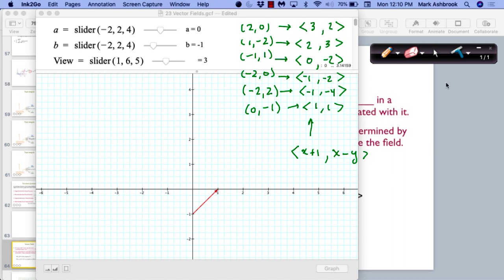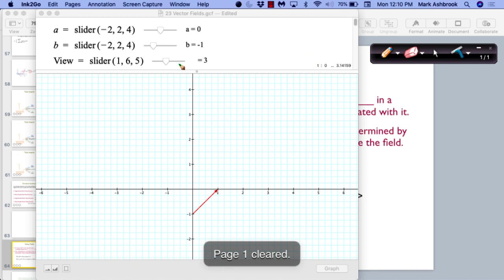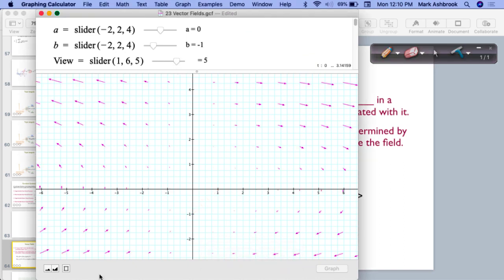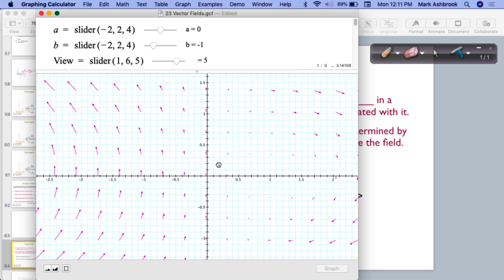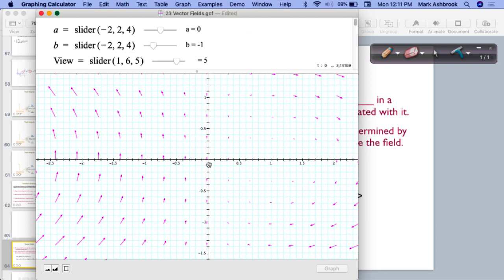Good. All right, so let's take a look at that one. What does that vector field look like as a whole? Kind of looks like that. Near 0, you get relatively small vectors. As you get away from 0, the vectors get larger. If we just want to see the direction of it,